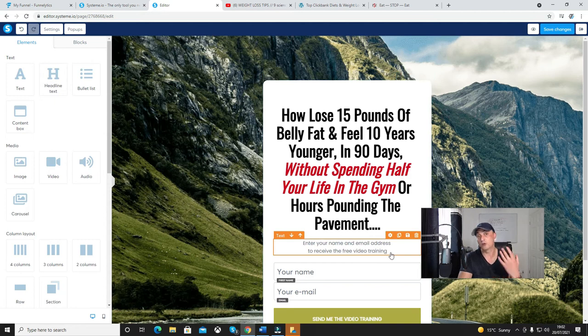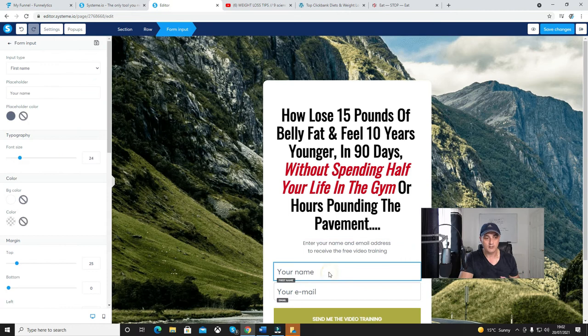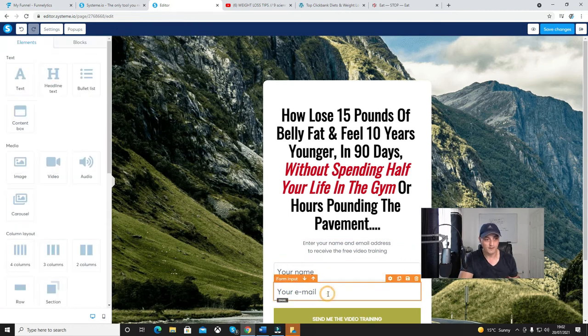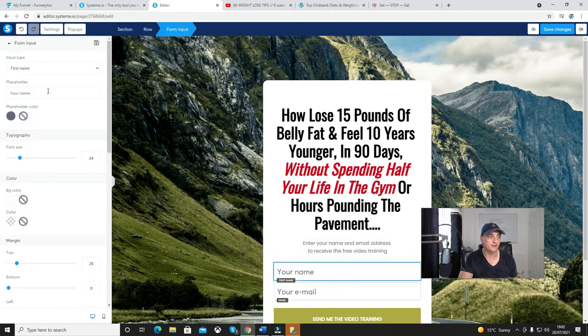Obviously it wouldn't be training. It could be your pre-sale, so you're building up the anticipation. You could give them 3 tips on how to do something. Whatever it is you want to put the verbiage in here. You obviously want them to put their name in and their email address. You can change the settings as to what you want that to be, so you can change it up here,